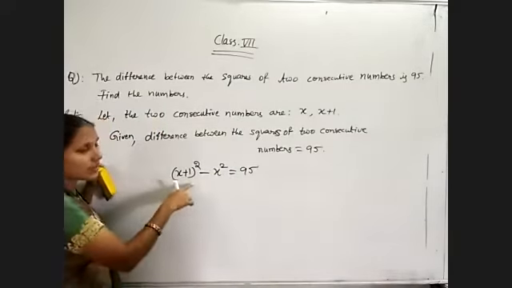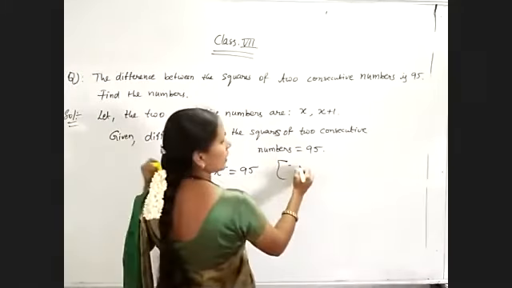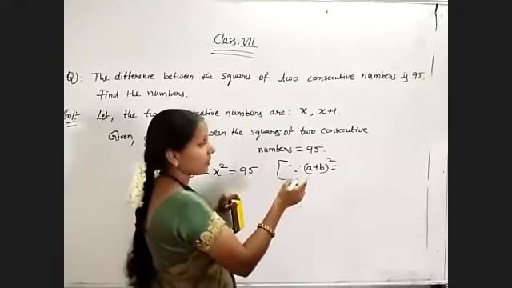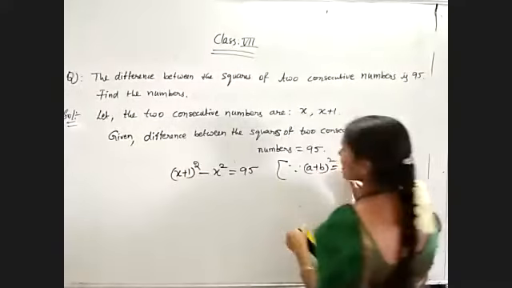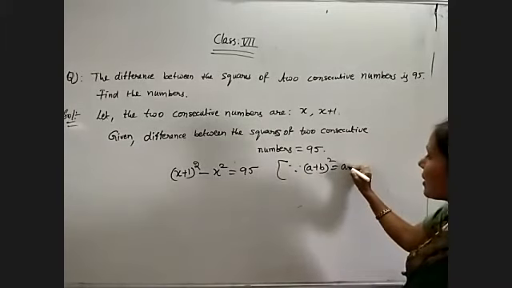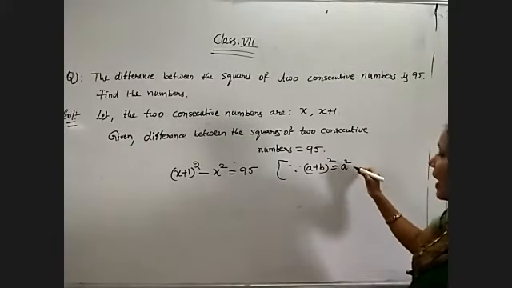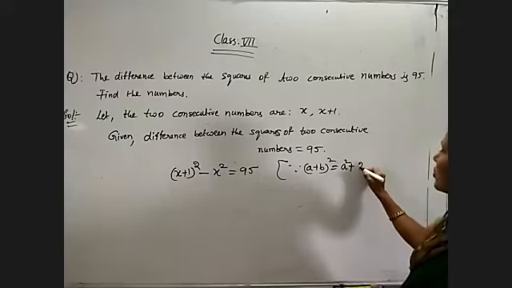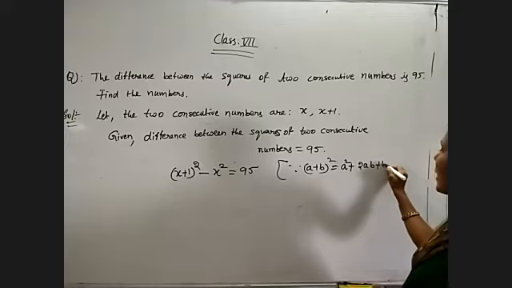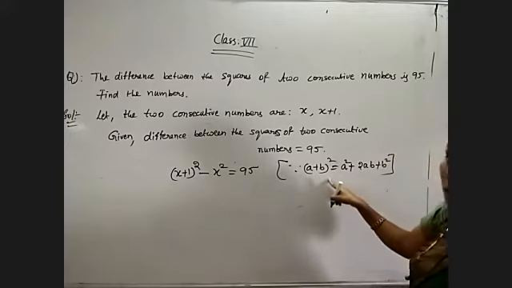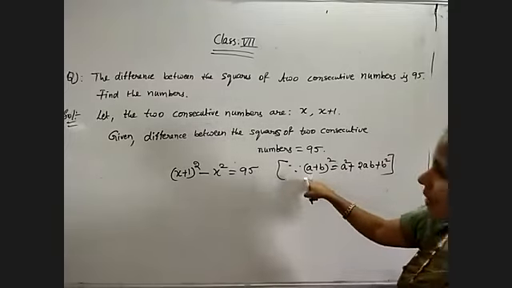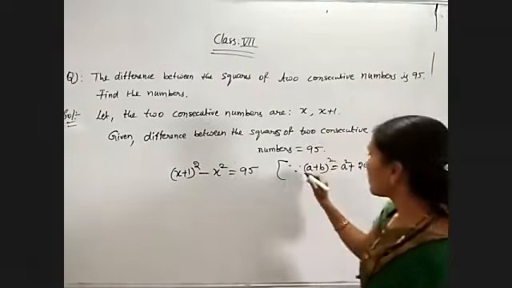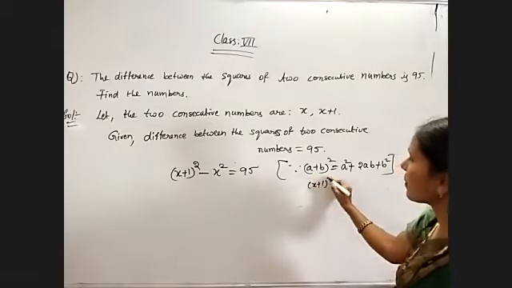Now, it is in which form? A plus b whole square form. Simplify that. What is the formula for a plus b whole square? We have already studied in the 6th class, the identities in algebraic expressions. A square plus 2ab plus b square is the formula for a plus b whole square. Like this, in place of a is x, in place of b is 1. So x plus 1 whole square we must find now.